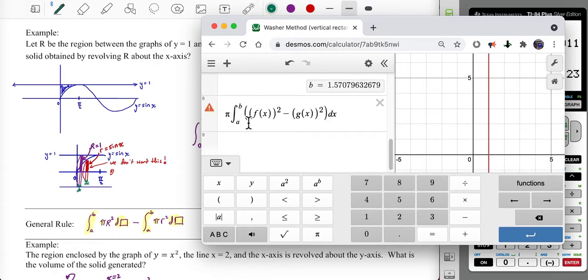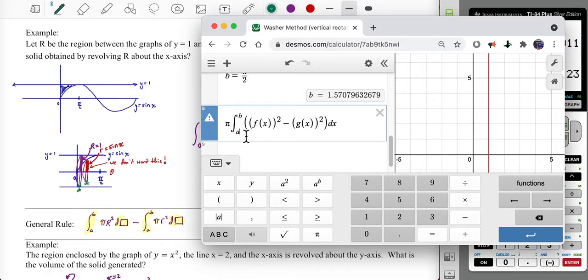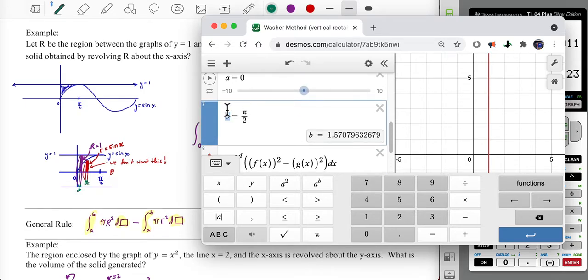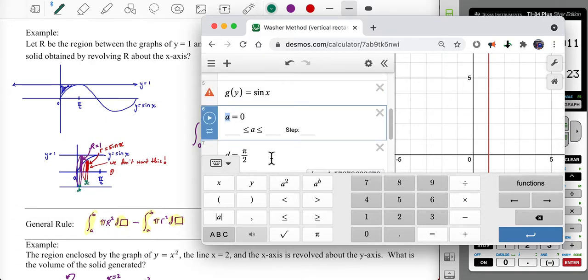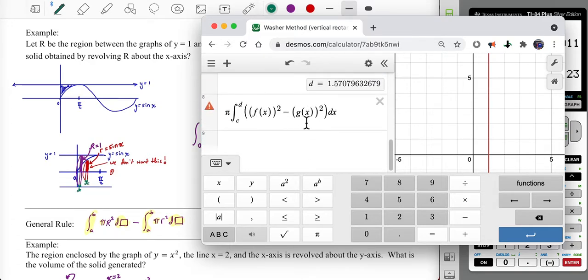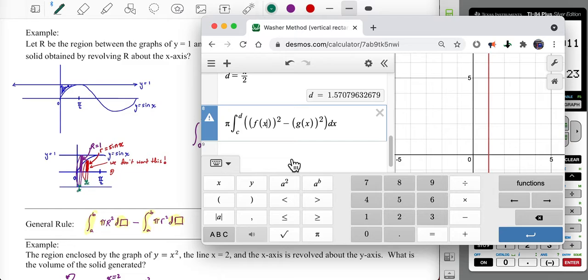I just want to change the notation and things like that. I typically like to switch it up for the bounds, C to D. Most people do that. So I'll make this a D and this a C. And this would be f of y, g of y,